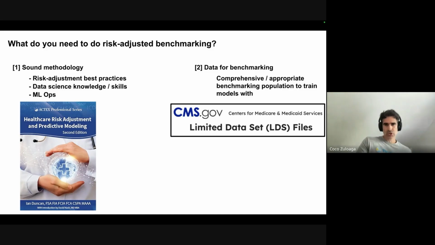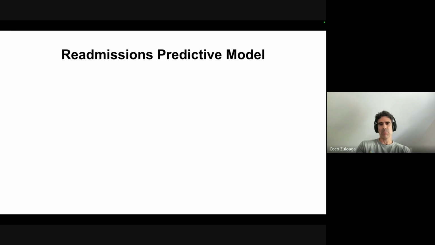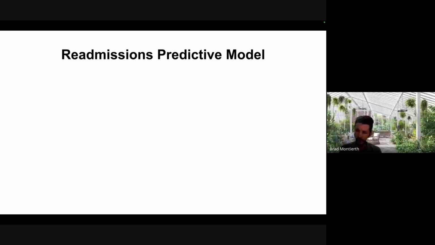So now I want to change gears a little bit and just walk you through an example of how you would create just one model, just to give you a sense of the kinds of things that you have to think about when you create a single model for risk-adjusted benchmarks. So I'm going to use as an example,